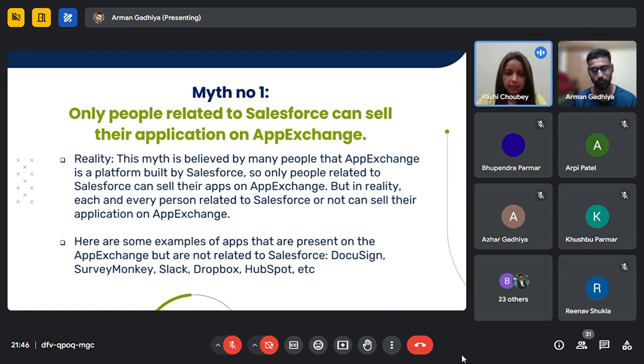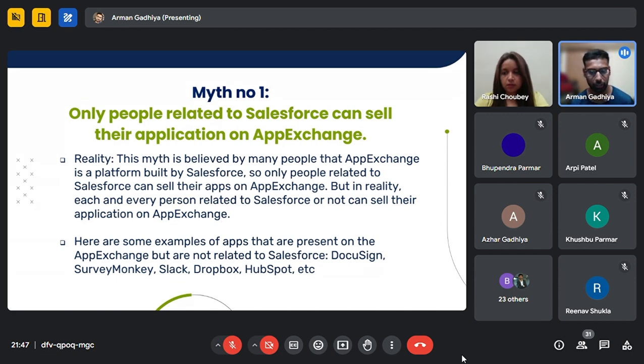This is not a reality, Arman. This is a myth that many people believe, that only if you are related to Salesforce can you publish your app. But this is not a reality. Whether you are related to the AppExchange or Salesforce or not, you can sell your application on the AppExchange. There are so many examples like Dropbox, Slack, SurveyMonkey, and DocuSign. These are not related to Salesforce, but still they choose the AppExchange due to its numerous benefits.